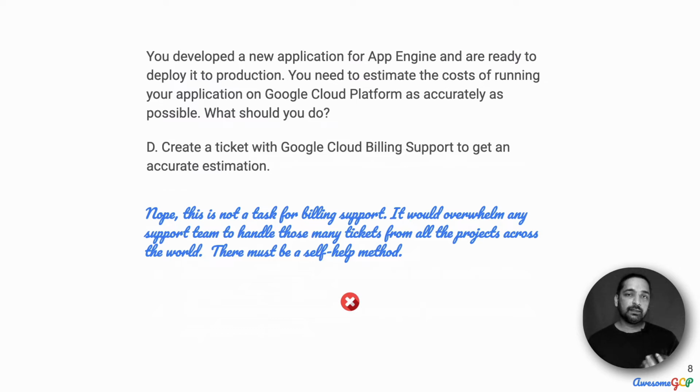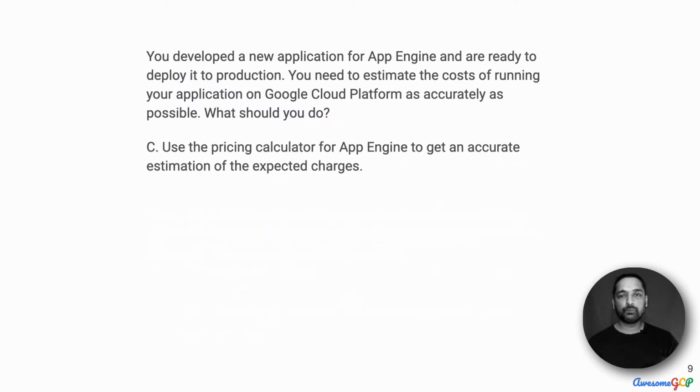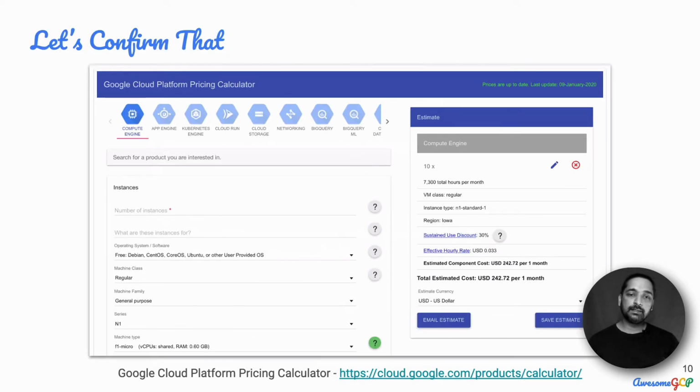The question now is, is there a method that you can use yourself without reaching out to Google Cloud Billing Support? Option C suggests to use the pricing calculator for App Engine to get an accurate estimation of the expected charges. So the question here is, is there something called a pricing calculator? And since this question requires us to do App Engine, it says use the pricing calculator for App Engine. So if there is something for App Engine or for any of the others, this should be a reasonably good option. So let's look at if there is such a thing, and a quick search reveals that you can look